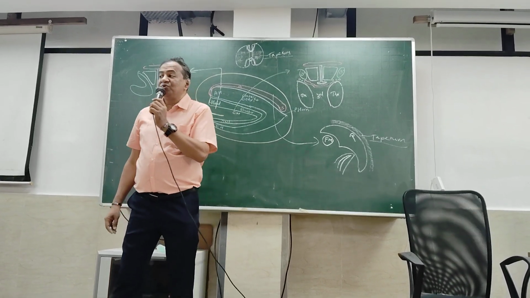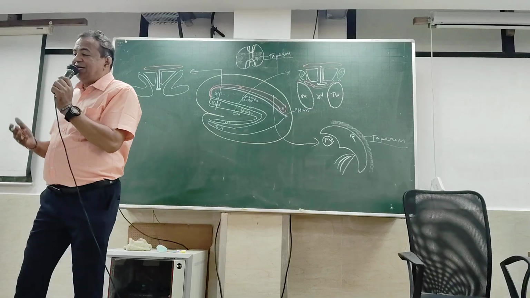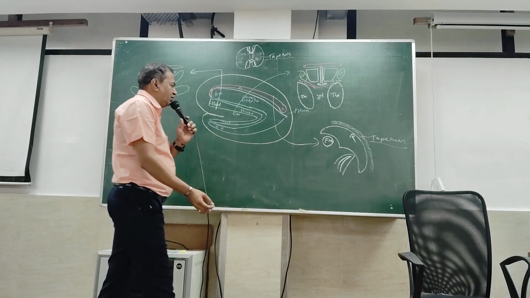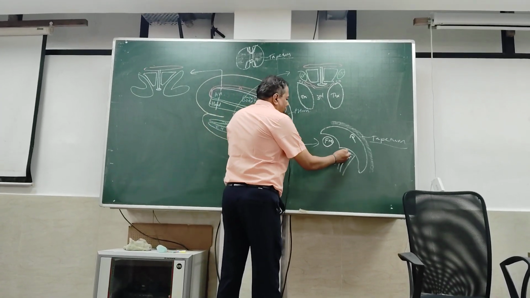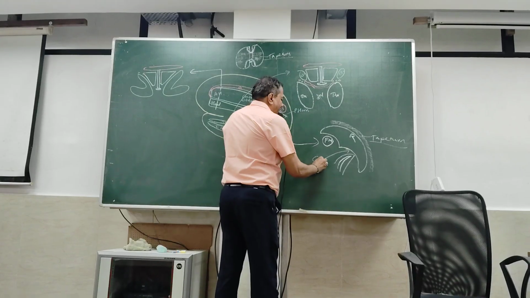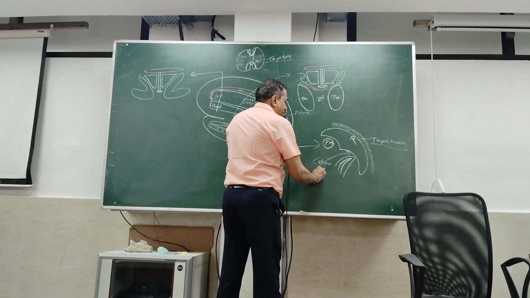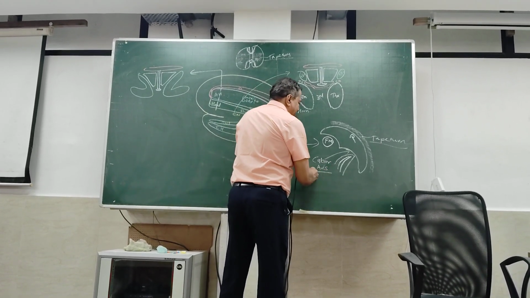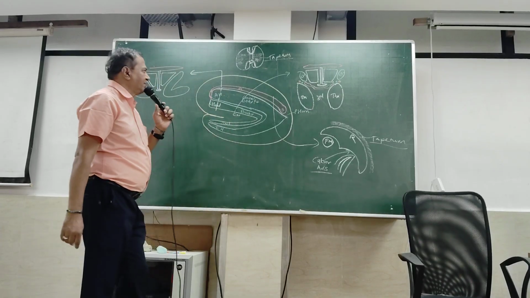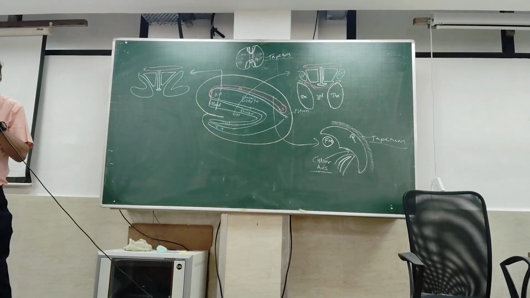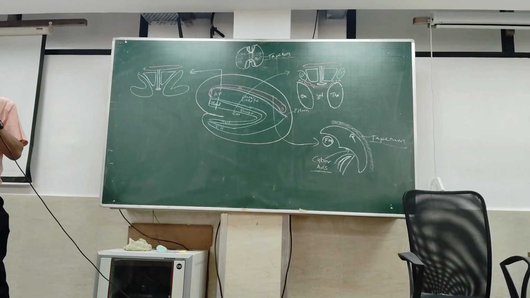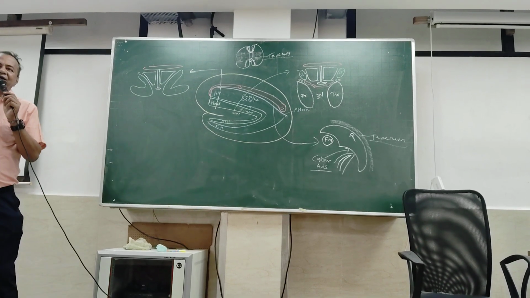This sulcus is so deep that it produces an elevation in the posterior horn. That elevation is called calcar avis. Okay? So floor formed by